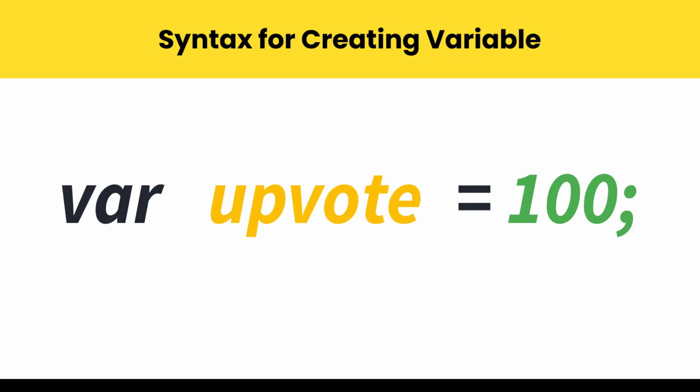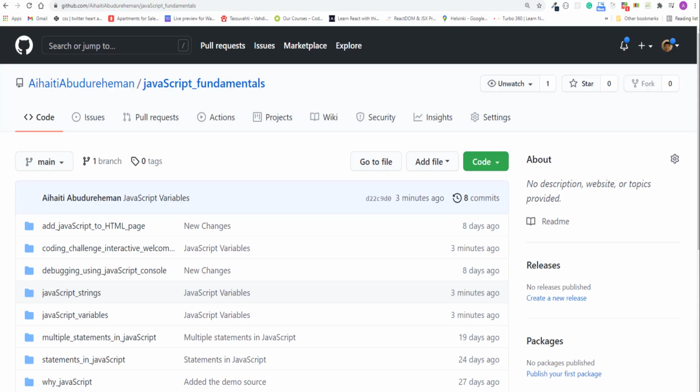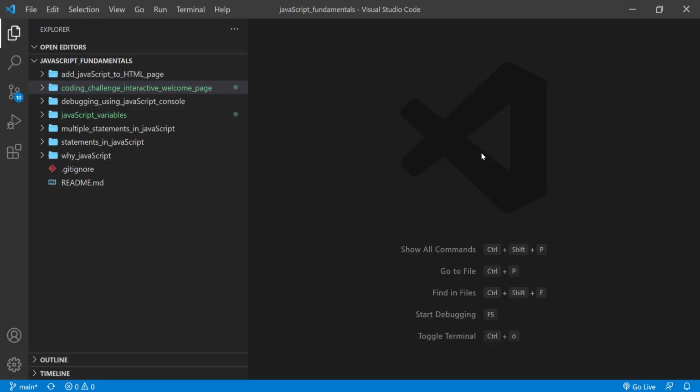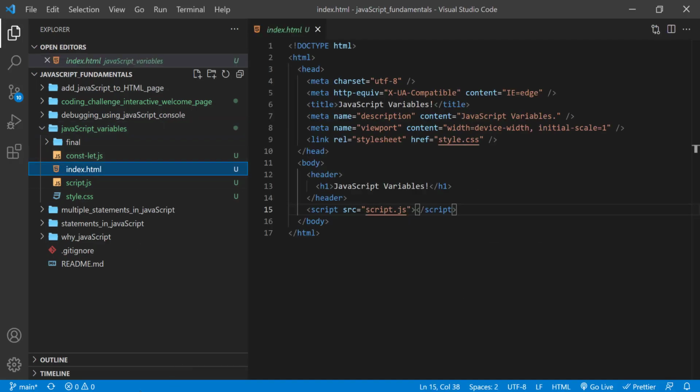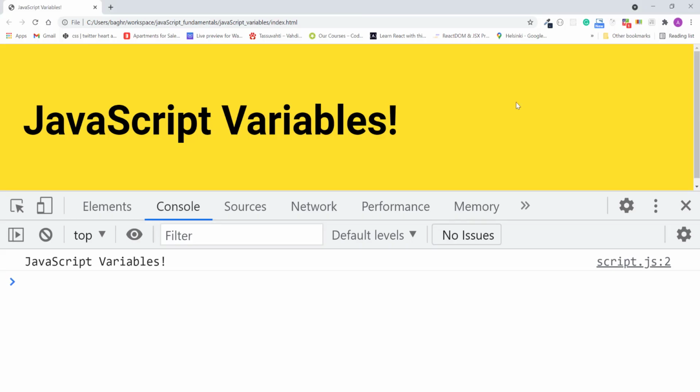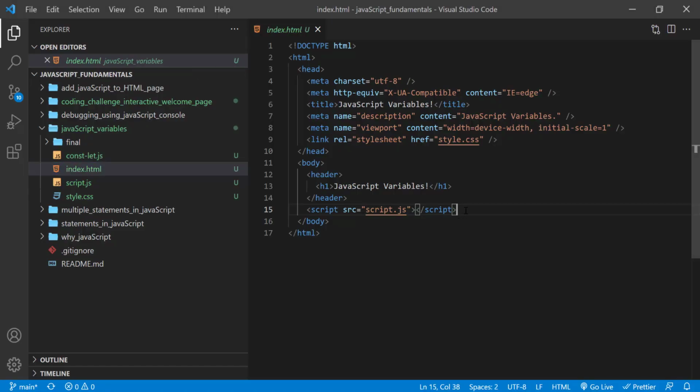Now, let's declare and use a variable. To code along with me, first download the course folder from the link in the description below, unzip it, and open it with your favorite code editor. Here I'm using Visual Studio Code. From the course folder, open the exercise folder called JavaScript Variables. And then open the index.html file using Google Chrome. Here I also open the JavaScript console. In the index.html file, I also link the script.js file. In script.js,